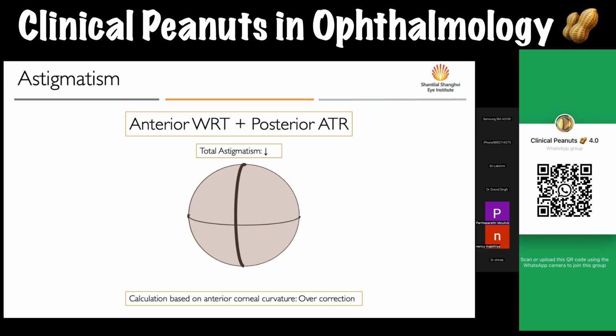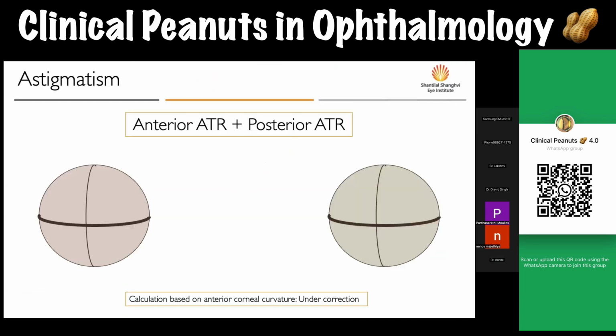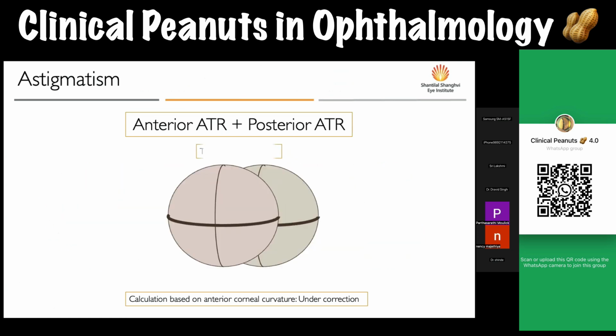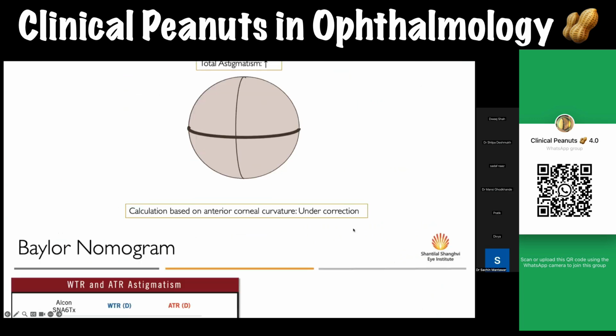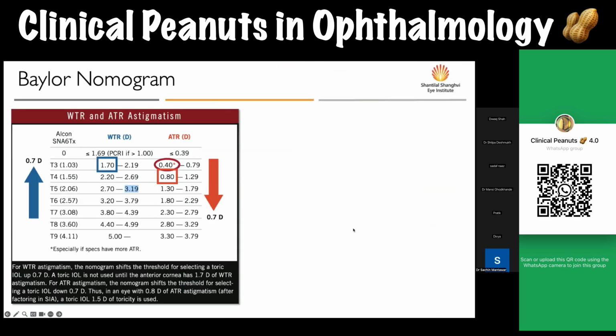In older patients, which we normally see, the patient has an against-the-rule astigmatism on the surface, that is, they're steep horizontally, and they have an against-the-rule astigmatism on the posterior cornea as well, which is there in all people, as we said earlier. Then if your calculations are only based on the anterior, which is only that against-the-rule, where the total astigmatism is actually higher because the posterior cornea is also accounting for that little against-the-rule, you're likely to have an undercorrection in your IOL calculation because you've not accounted for that additional against-the-rule astigmatism of the posterior cornea. So in order to circumvent or navigate this conundrum,